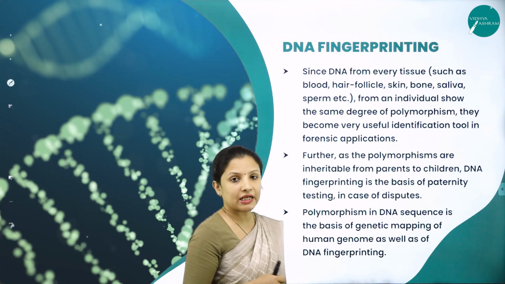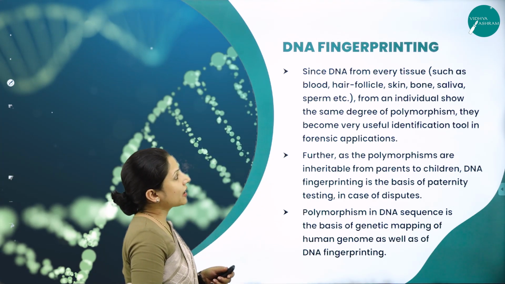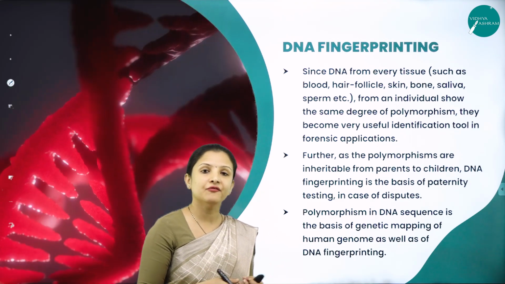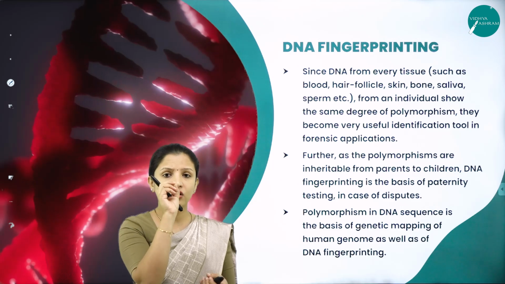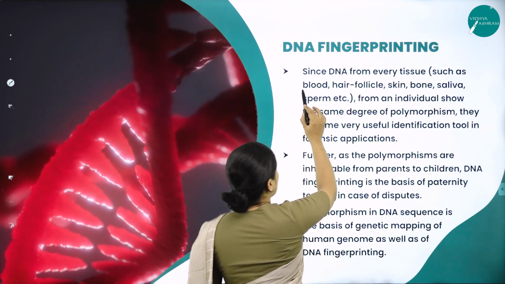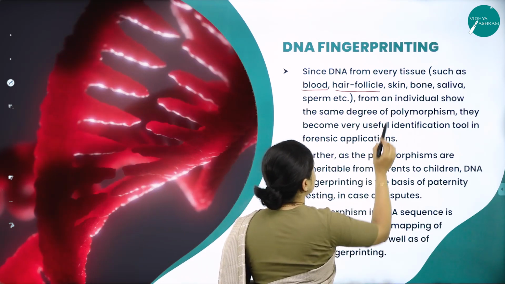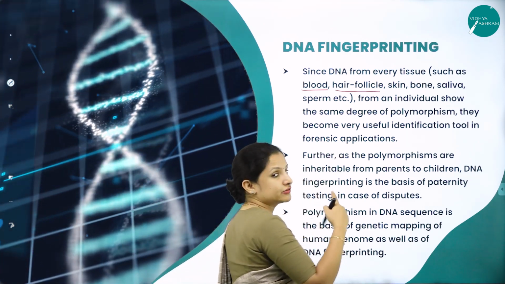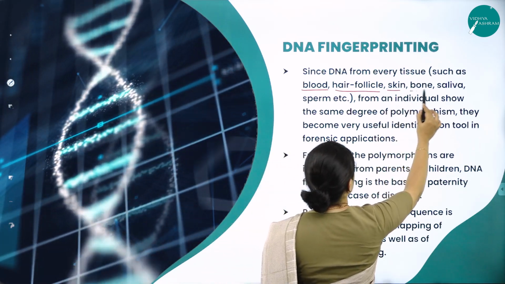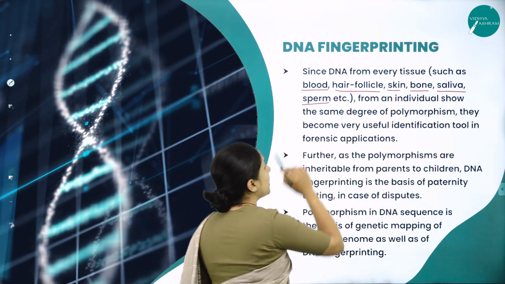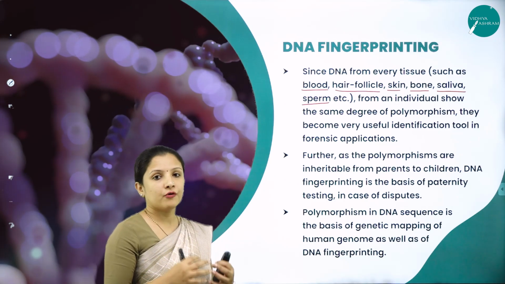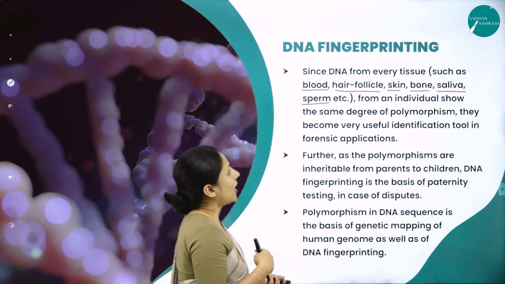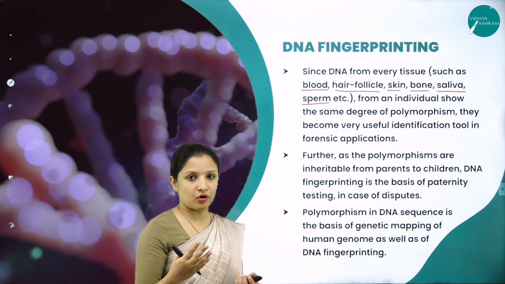So, now talking about DNA fingerprinting. DNA can be isolated from almost every tissue, even a small bit of hair strand, a small drop of blood, the hair follicle. Even if we get not just the hair strand but the hair follicle, we can isolate DNA out of it, from the skin, from the bone, from the saliva, sperm, etc. Any of the cells that are there, DNA can be extracted, and they show some degree of polymorphism, of course,